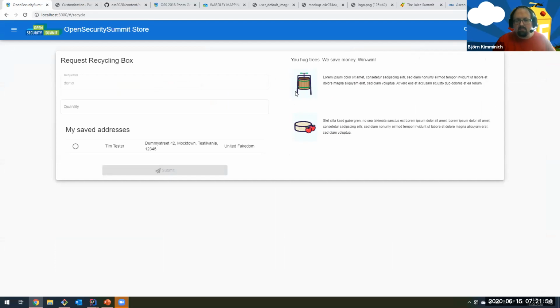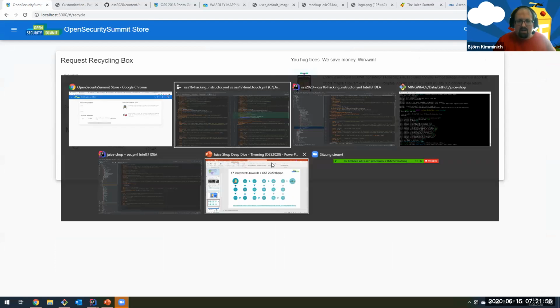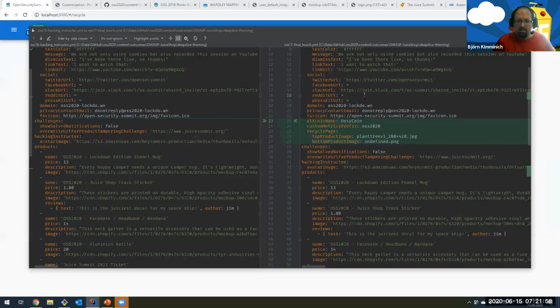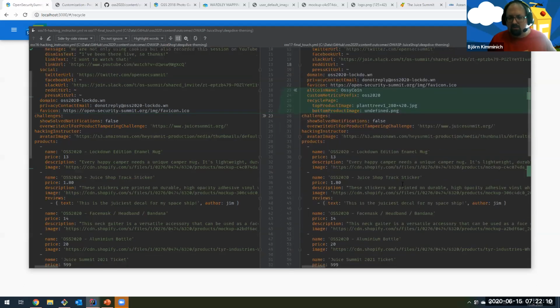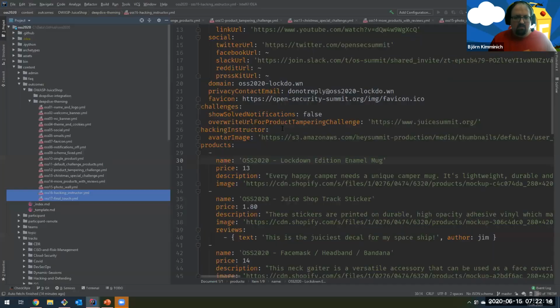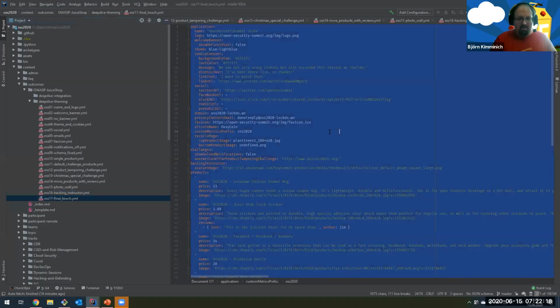So we can override this with images that we have in our configuration. The thing is, here you don't specify URLs. Here you should specify the name of the file that was already downloaded as a product, because then you don't have to download it twice, right? So if I paste that over here,